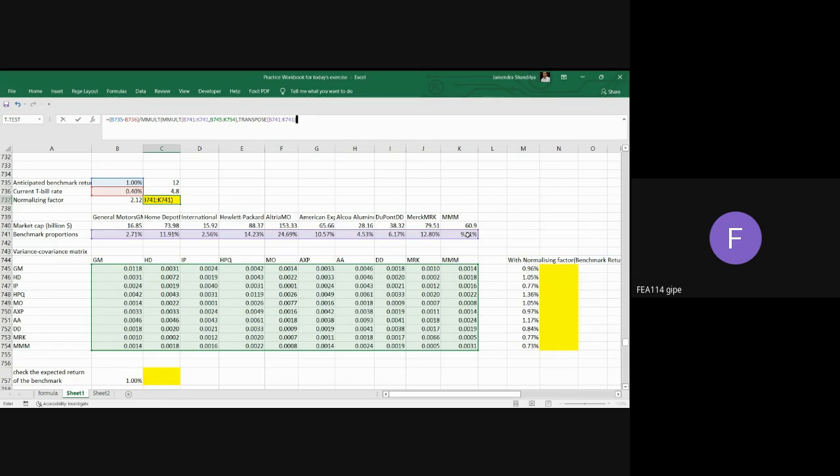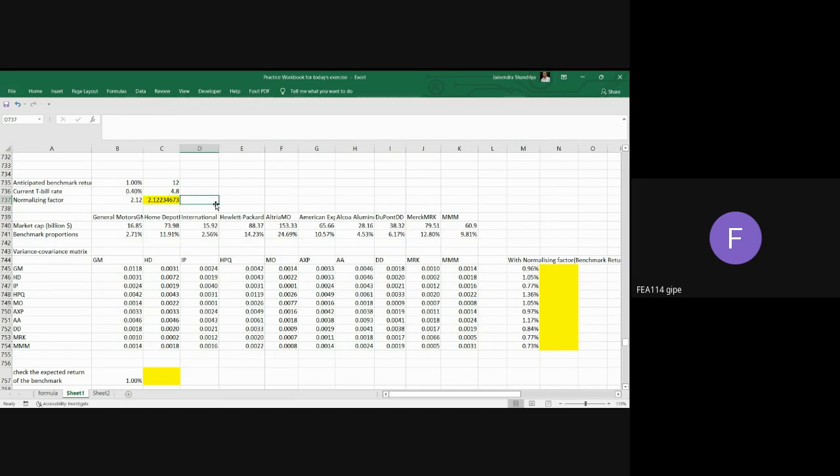Now, another challenge for us, a little trouble, is to count how many brackets we are using. If there are 3 brackets on the left, there should be 3 brackets on the right. So I think we just need one more bracket over here, and then I think we are done. We'll use Control Shift and Enter, and then you've got the value of 2.12, which is exactly the same as this value on the left side. So I just wanted you to be familiar with how to calculate this value. Because the digits go to 7 or 8 places, you are getting a longer number,